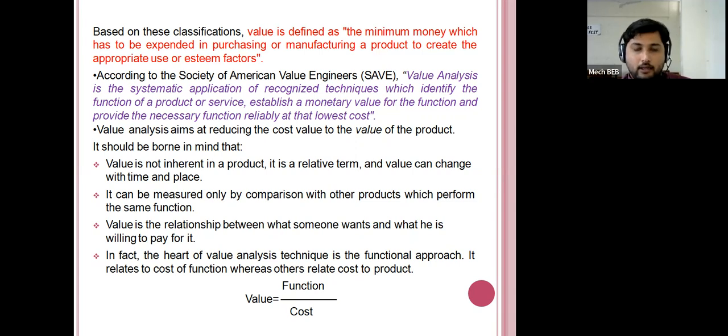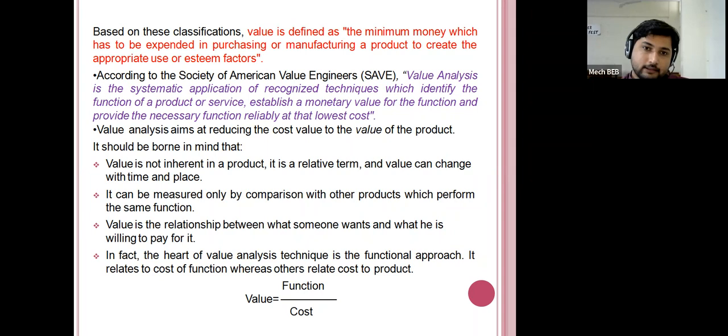Now here, if any of the purposes is fulfilled with a minimum cost or minimum money from that particular product, then that particular product is having value. Okay, then that product's value will be considered as valuable to you. Then according to the Society of American Value Engineering, which in short form is represented as SAVE,